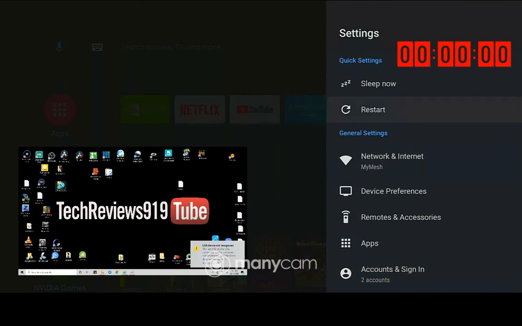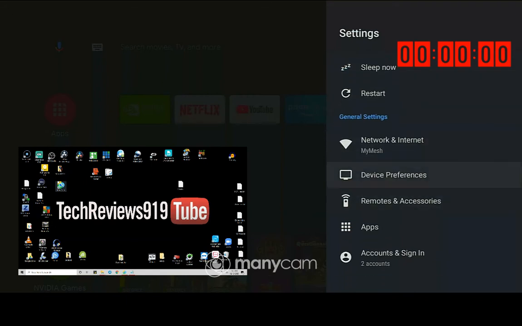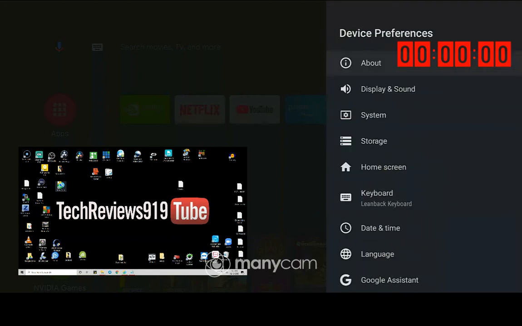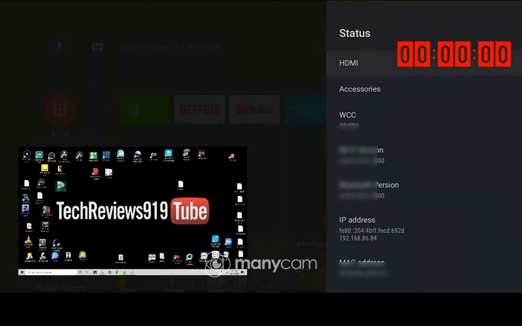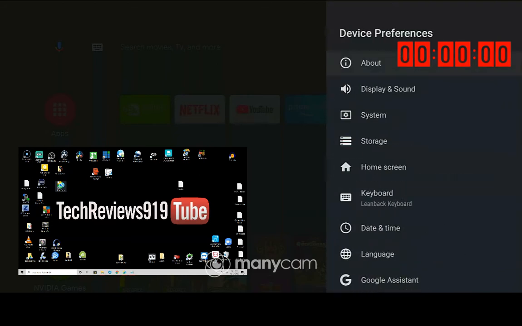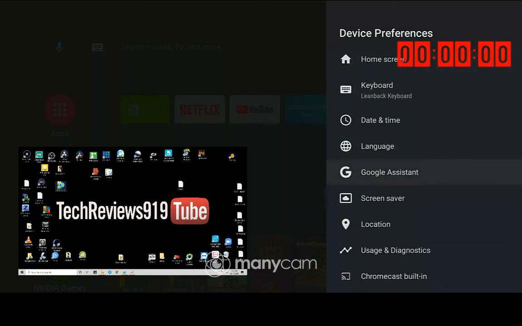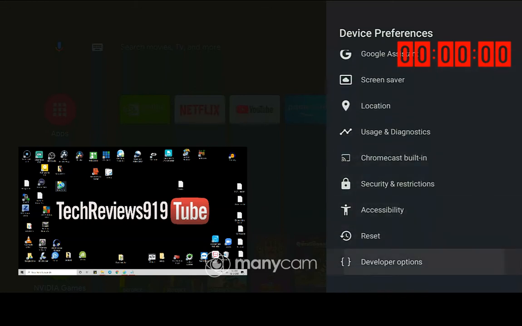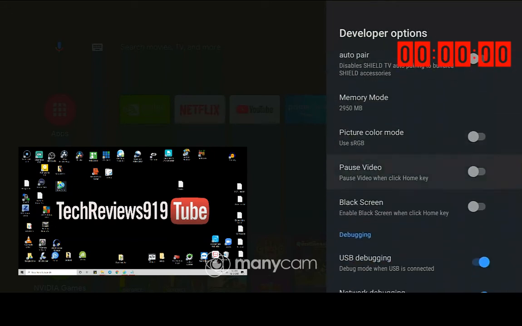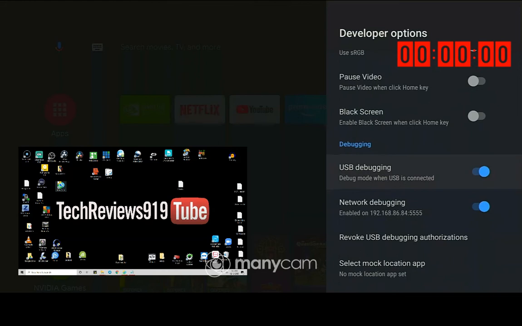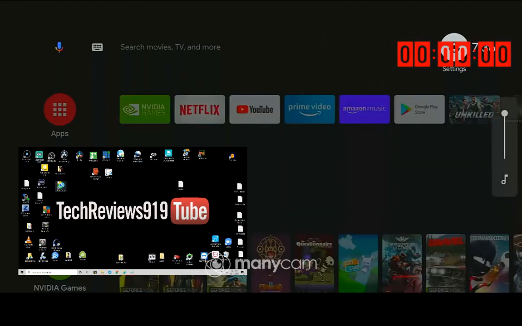Device preferences, about, and then you go into network, same thing, get that IP address, go back, write it down. I type mine into Notepad to make it even faster. And then of course you're going to go into your developer options and make sure you turn on debugging, which mine already is. So we'll go back and then we'll go to the next device,